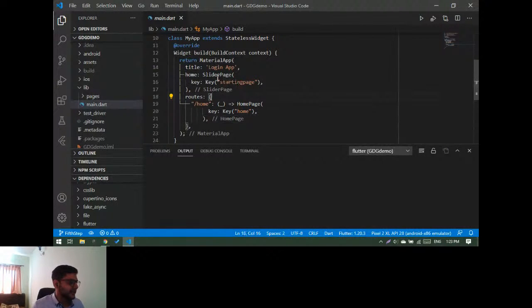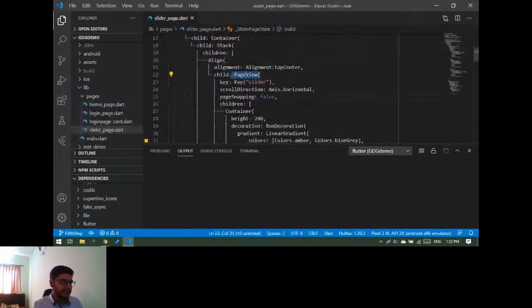So slider page मा गए म त्यसपछि यहाँ जुन पेज भ्यू छ जुनलाई चाहिँ हामी स्लाइड गर्छौं त्यसलाई मैले स्लाइडर भन्ने युनिक की असाइन गरे। So that's easy. I'll give you maybe 10 seconds. पेज भ्यू लाई स्ट्याक भित्र अलाइन भित्र पेज भ्यू भन्ने छ। सो त्यसलाई चाहिँ हामी स्लाइडर भन्ने की दिन्छौं।